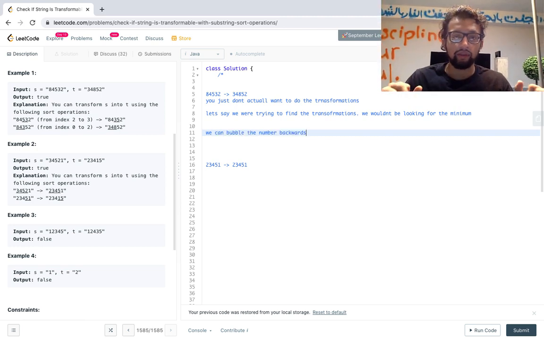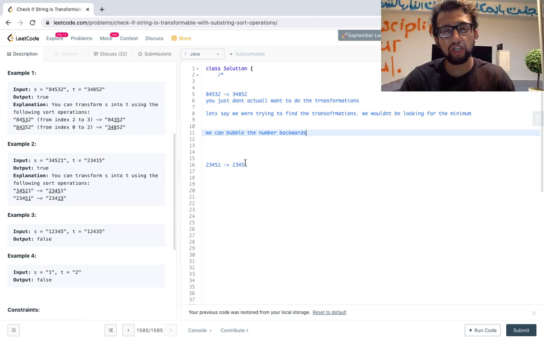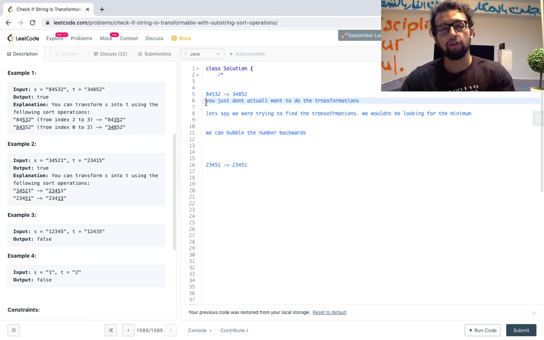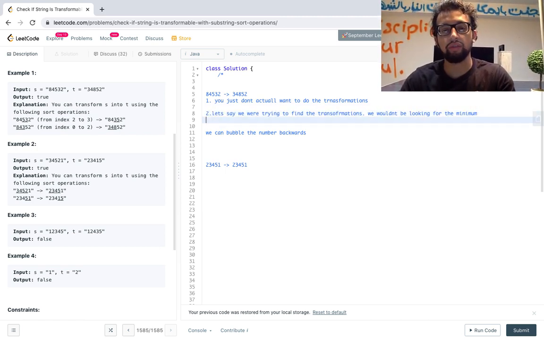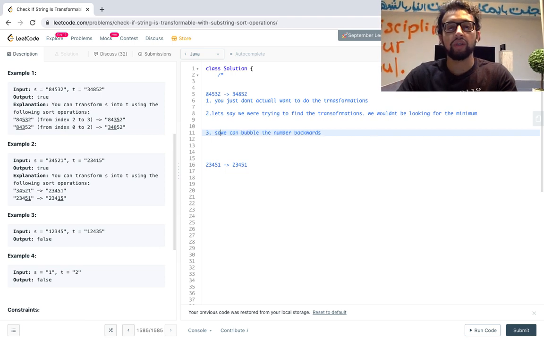So that way it can maintain the relative ordering of the other characters in the string. That's one thing we can keep in mind. So first point is we don't actually want to do the transformations. The second observation you want to make is, let's say we're trying to find the transformations, we want to be looking for the minimum. So we can just